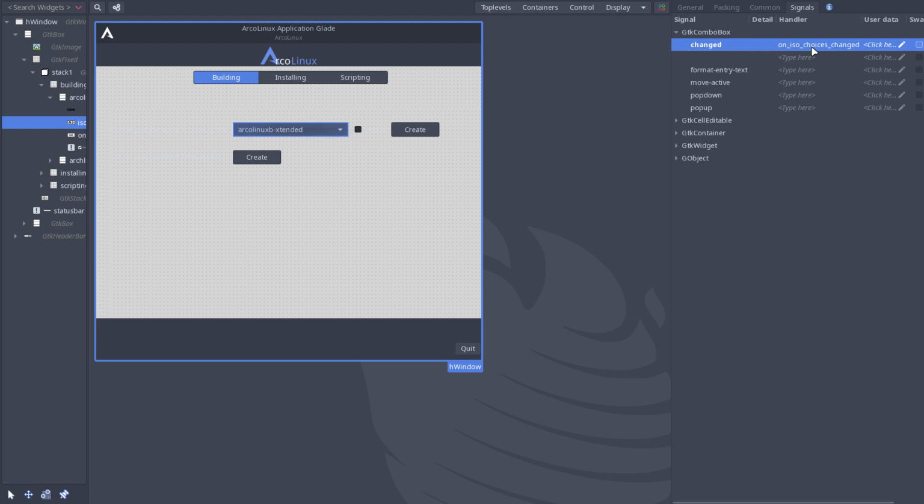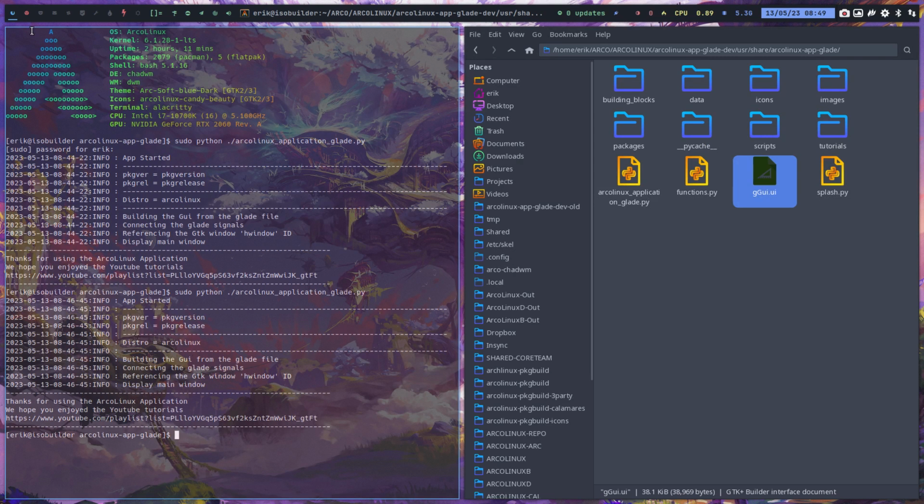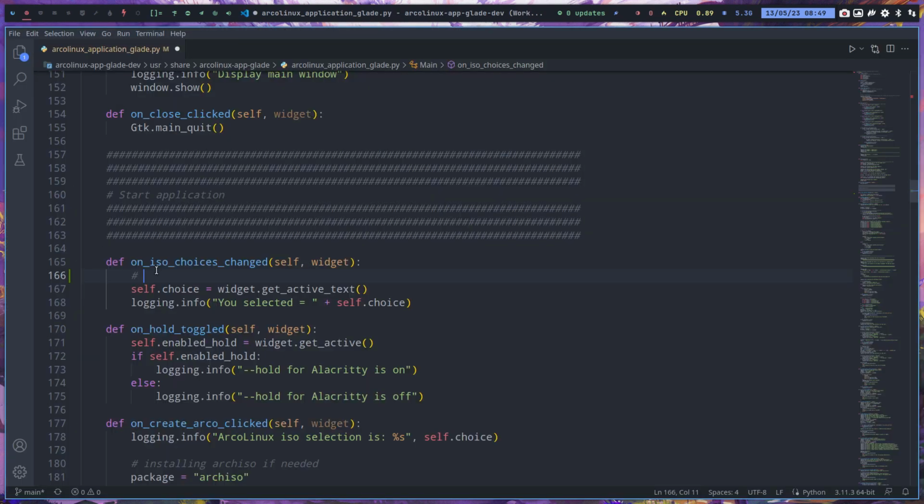If somebody clicks on this, if ISO choice is changed, if it's active, if it's a pop down, if there's a pop up, something like that. If you click on create Arco, clicked. So clicked is important, or activate, or enter, or leave, or pressed. All these actions can result, if you want, into code. So on ISO choices changed, here we select the ArcoLinux ISO in the drop down,